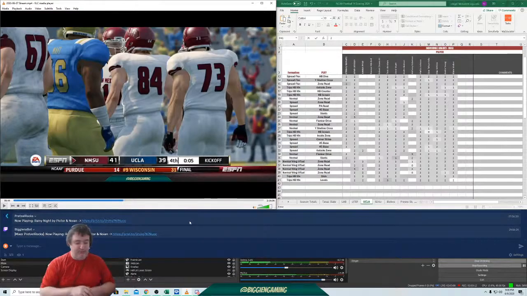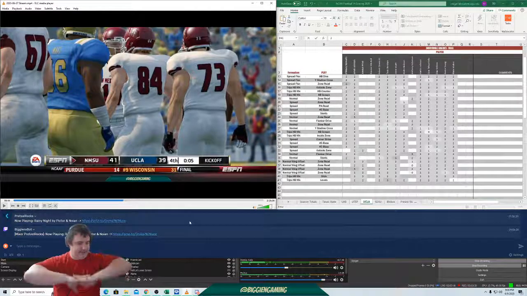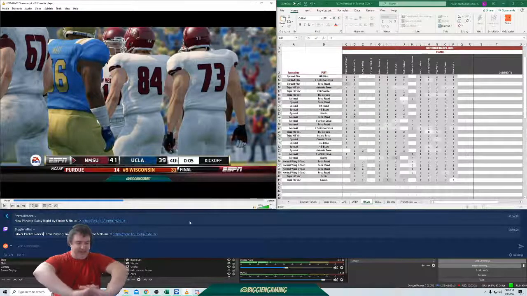Hoping to play this in the afternoon on Saturday against those Lobos, it's rivalry week. I got to study for a test this week, so I don't know if I can sneak away. It might not be NCAA football. It might be something else. But nevertheless, look forward to seeing you guys as we go beat the Lobos.